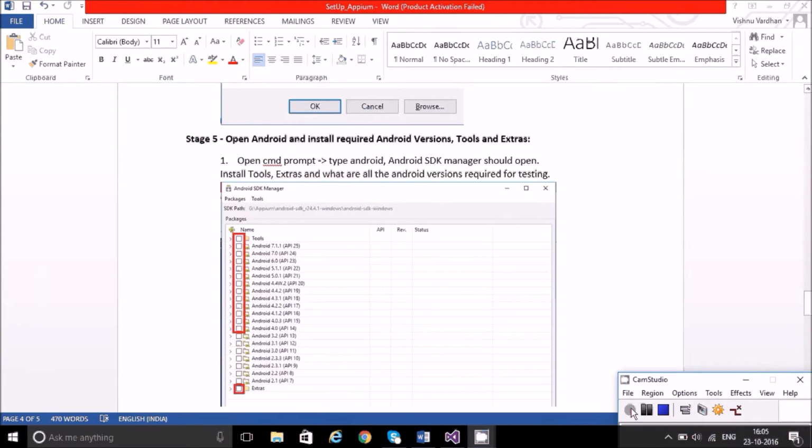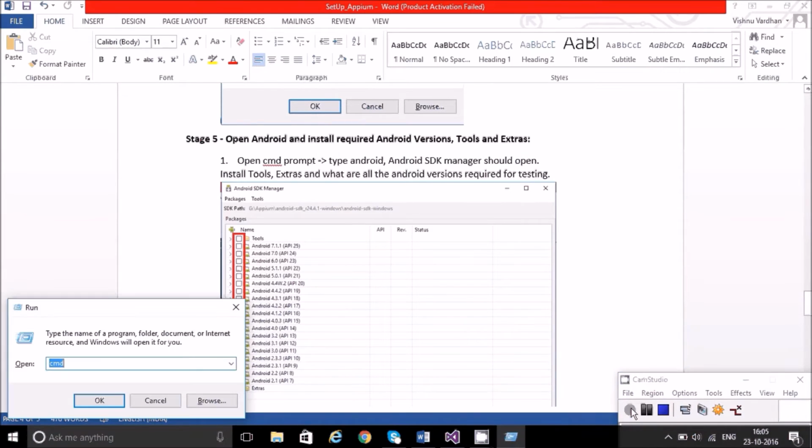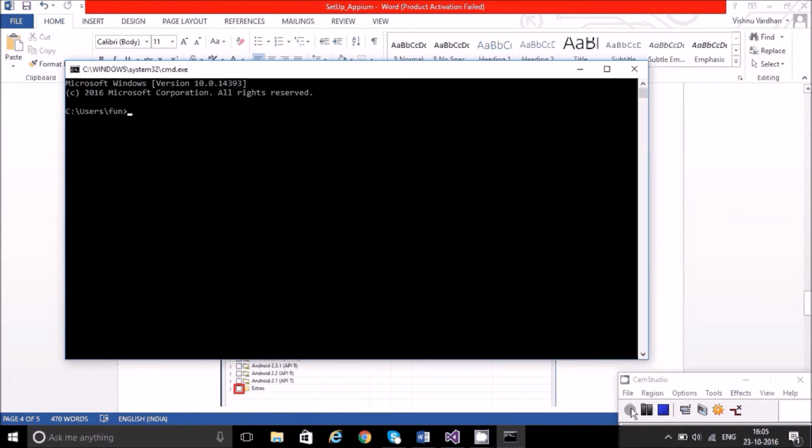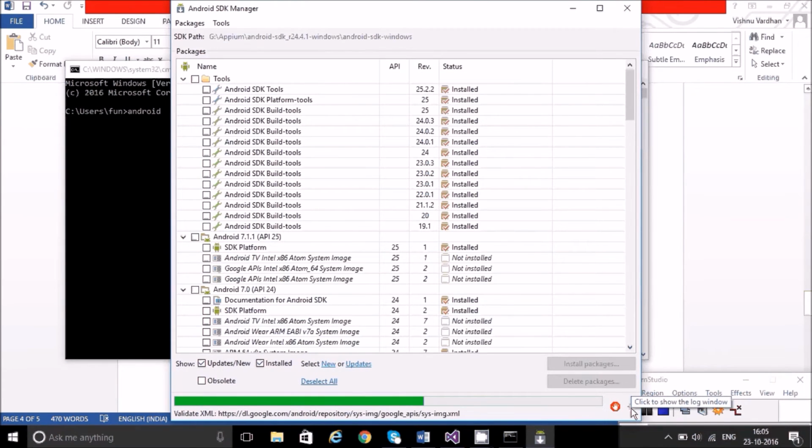Coming to fifth stage, open Android and install required Android versions, tools and extras. As we already set our path variables, we can open Android application from command prompt. Open command prompt and type android, click enter, where my Android SDK manager will be opened. This Android SDK manager can be opened from command prompt because we already set the path variable, and